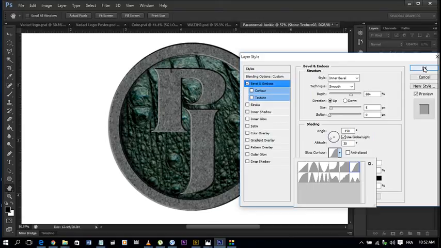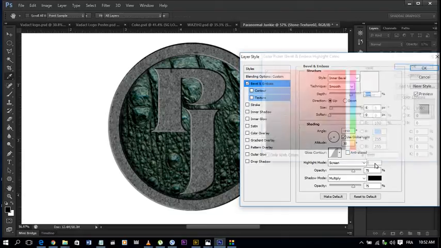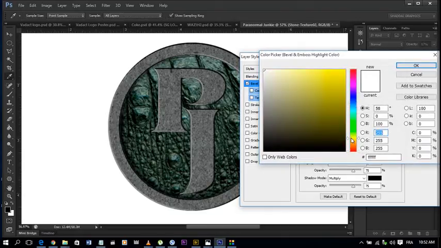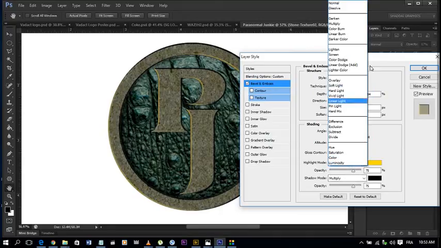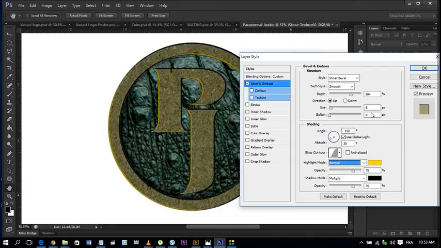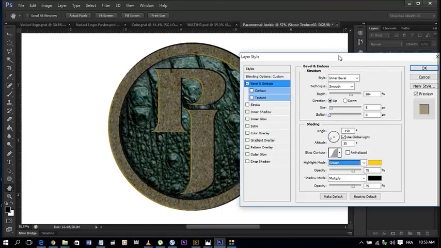basically that's it. I like the edge to be slightly sharper though, and instead of white here I would like some kind of faint yellowish orange glow as the reflective light on it. Yeah, something like that. And notice we are still in bevel under layer styles. Okay, I'll change this from screen to normal. Back to screen. Screen, where is it? Screen. Yeah, prefer it like this. All right, and